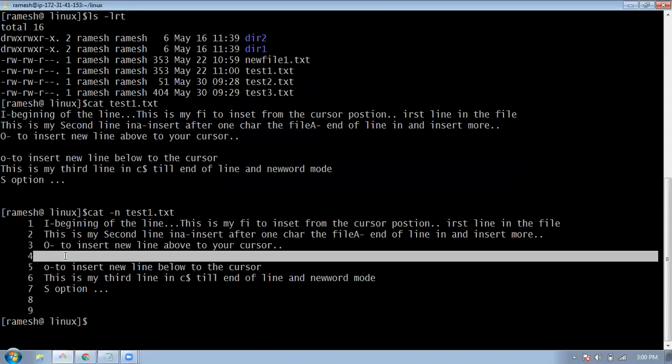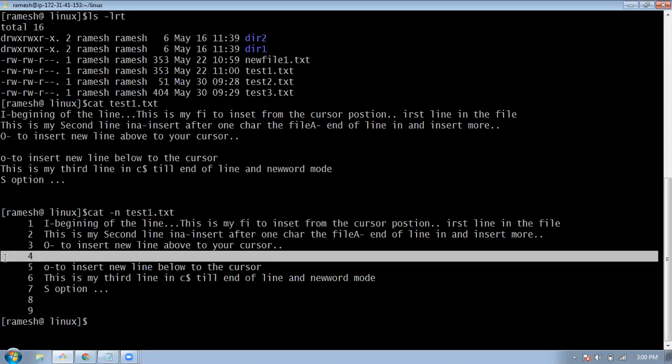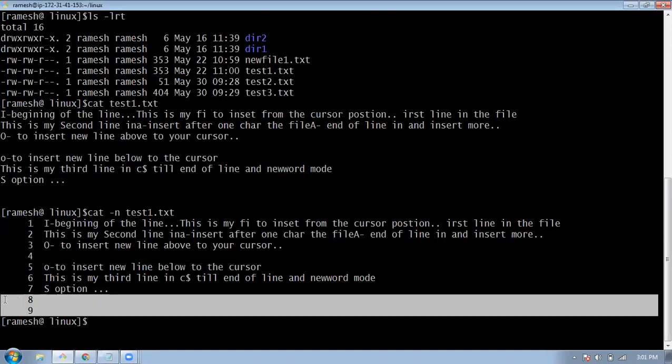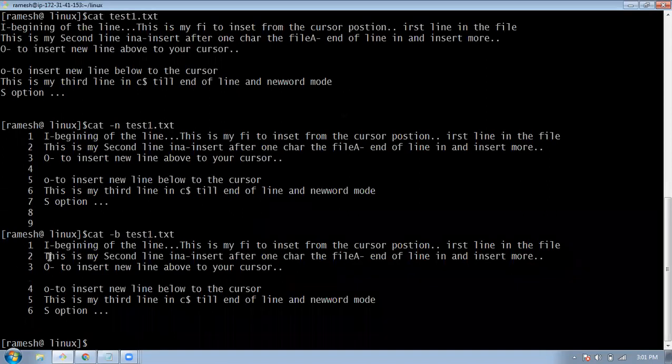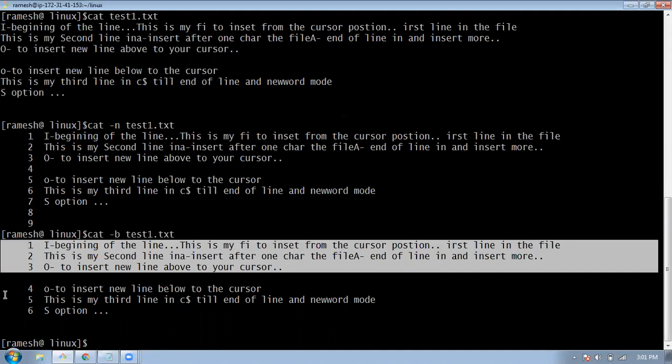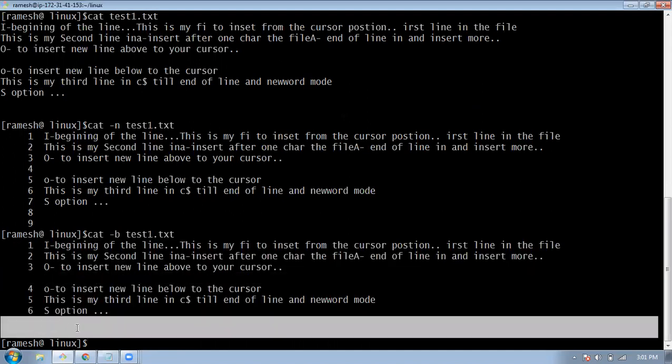If you notice, there is a blank line, and this blank line also has a line number. I don't want to give a line number to the blank line. In that case you can provide another option, -b. When you use option -b, it provides line numbers only to the lines with data, so for blank lines it won't provide line numbers.